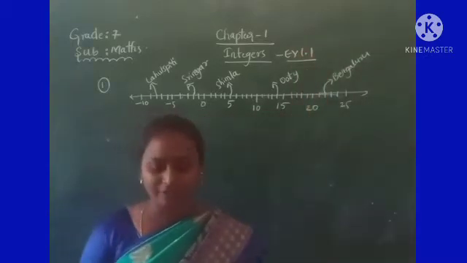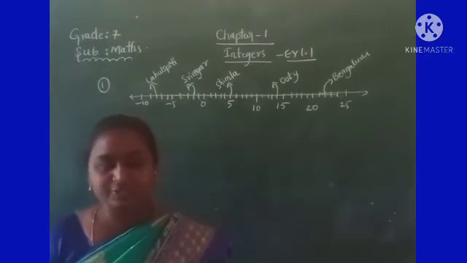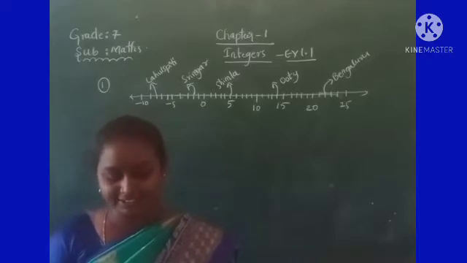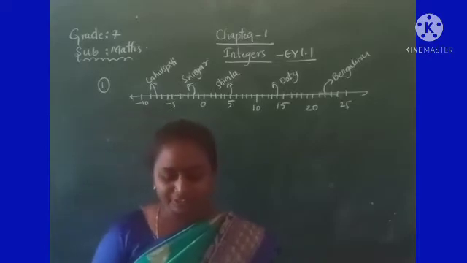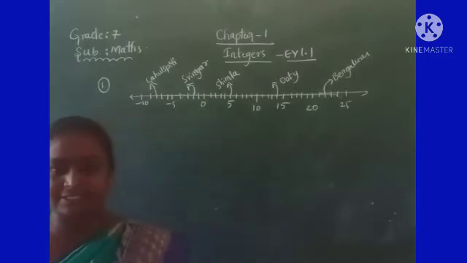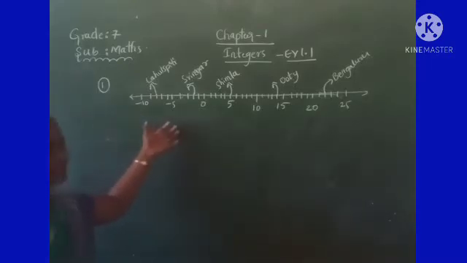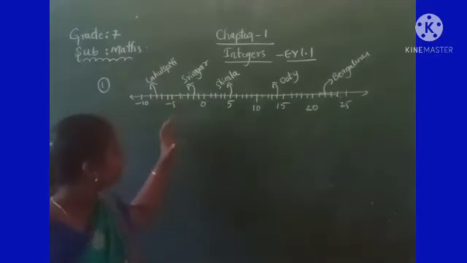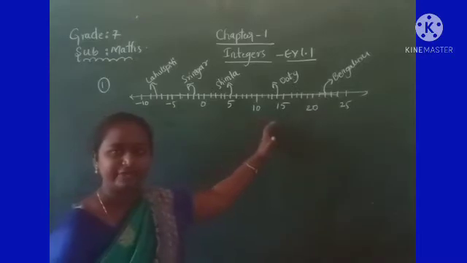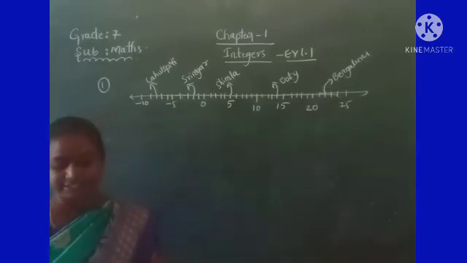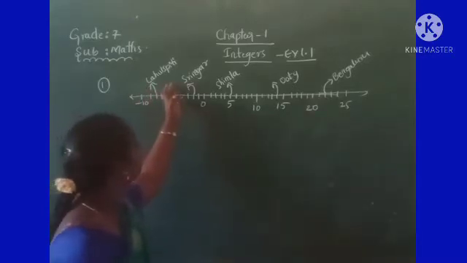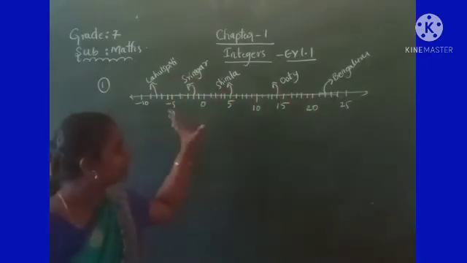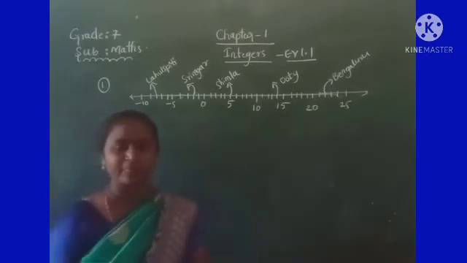Now I am reading the question. You have to listen carefully. First question. The following number line shows the temperature in degrees Celsius at different places on a particular day. So here different places are given, and the temperatures of the places are given on the number line. How many places are given first? Here Lahul Spiti, Srinagar, Shimla, Ooty, Bangalore. Okay, this is the information about the places.